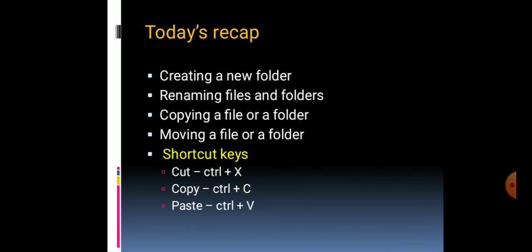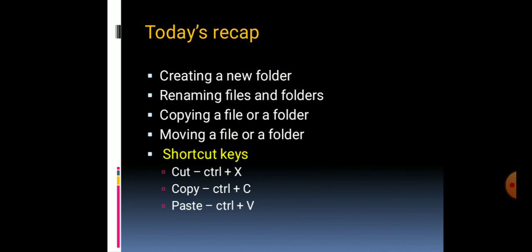And children, we are going to see the shortcut keys for these operations, that is cut, copy, paste. For the cut option, we can use the shortcut key Ctrl plus X. By pressing the control key, along with that we need to press the X alphabet.